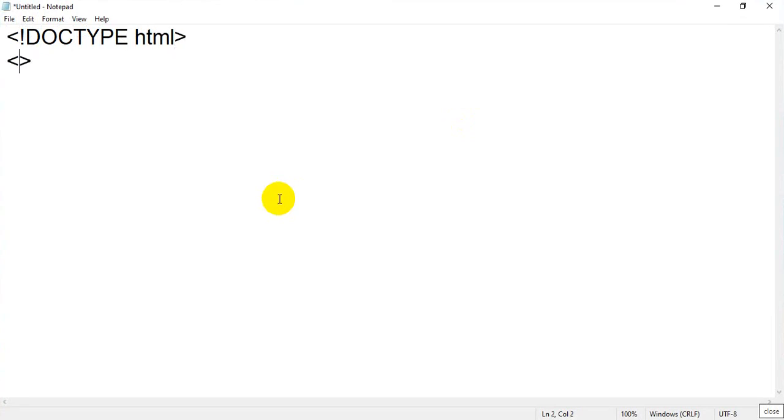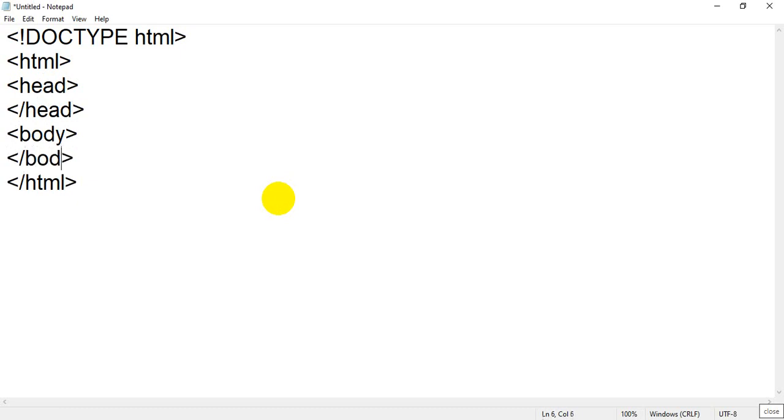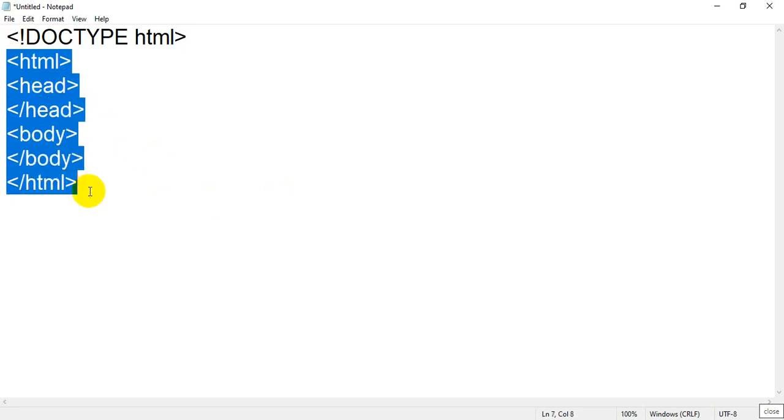Now I will start the html tag, that is the first tag of HTML, and the closing html tag, that is the last tag of the HTML page. Between these two tags I will add some other important or required tags, that is a head tag on top and closing head tag just after opening. Okay, after that I will add one of the most important tags of HTML, that is the body tag. Whatever you write between these opening and closing body tags, it will display in your browser. Now I have added some basic or required HTML tags which are used to create any HTML page.